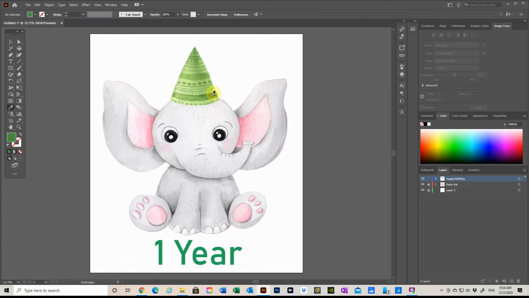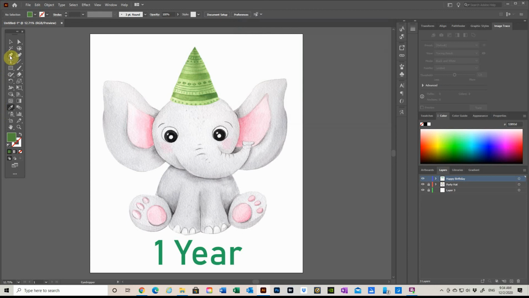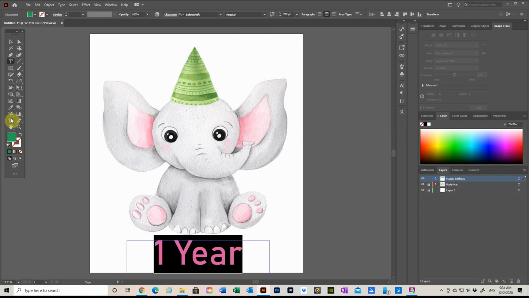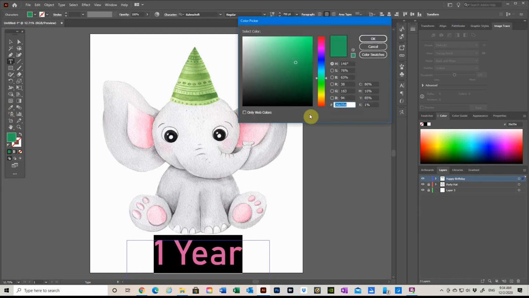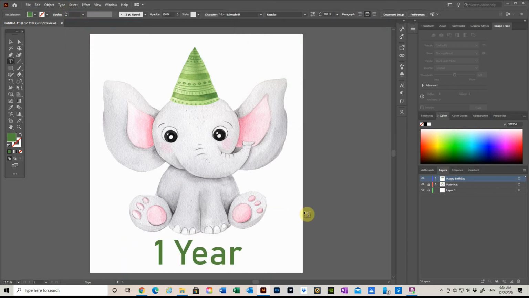Get my eyedropper tool. Okay, let me just copy it. Cancel it. Now highlight the 1 year. Click here. Control B. Okay, let's see. It's cute, but it's not quite what I want.